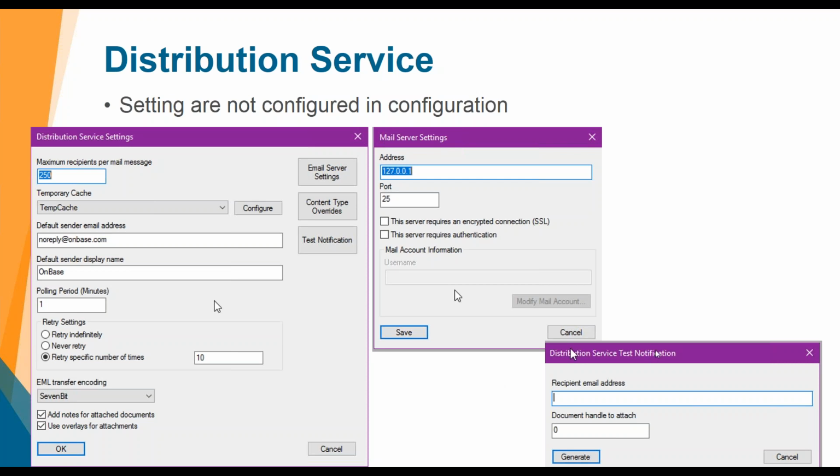So for anybody that had secure SMTP mail traffic, now that it has that capability in OnBase 17. And this is what the bottom right hand corner shows you, what that test notification looks like, and you can put in any address to get that test notification. And of course you can put a doc handle in if you want to see what an attachment looks like on that notification. But it's a quick verification that the SMTP information that you've entered and that the temporary cache location is accessible from the service account running your distribution service all are working and functioning properly directly within this